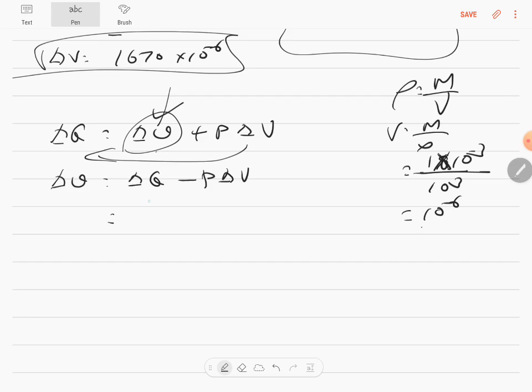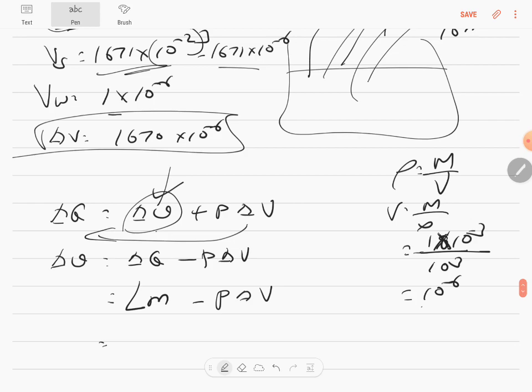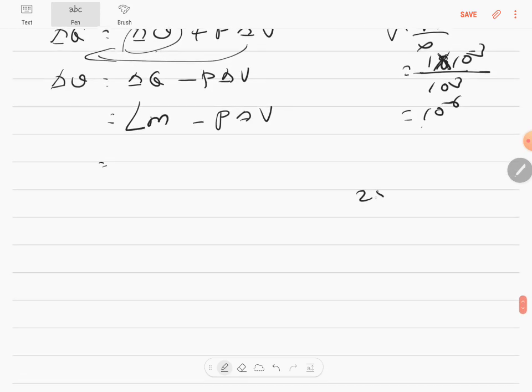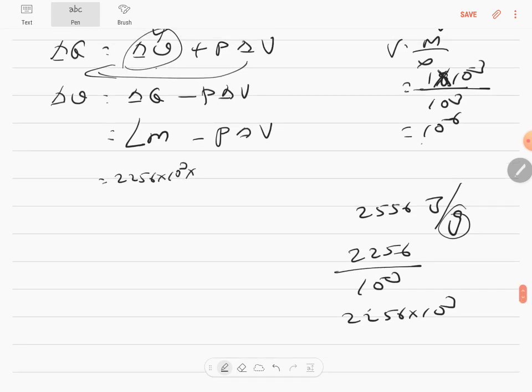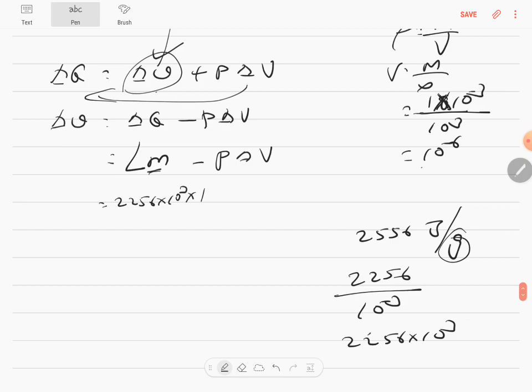And delta Q itself is nothing but L into M, because here it is the latent heat. So L into M minus P into delta V. L is the latent heat, which they would have given as 2256 joule per gram. They are giving in SI unit. 2256 joule per gram means we need 2256 divided by 10 to the power minus 3 to convert the gram into kg. So it's 2256 into 10 to the power 3. So that will stand for latent heat, 2256 into 10 to the power 3 into mass of the substance. It's just 1 gram initial mass. That's what you're heating. Minus pressure, which is 1.013 into 10 to the power 5 into